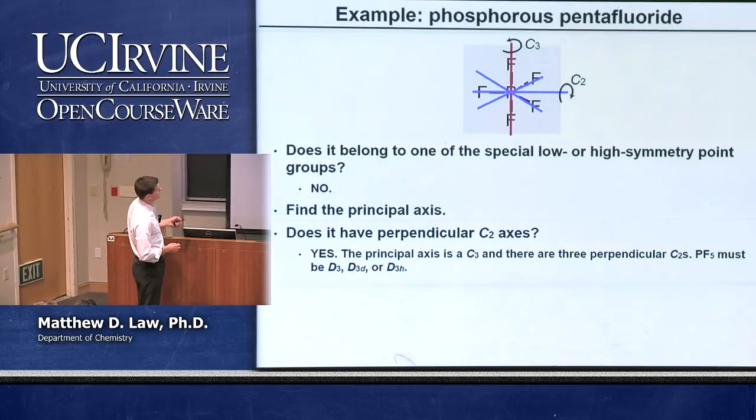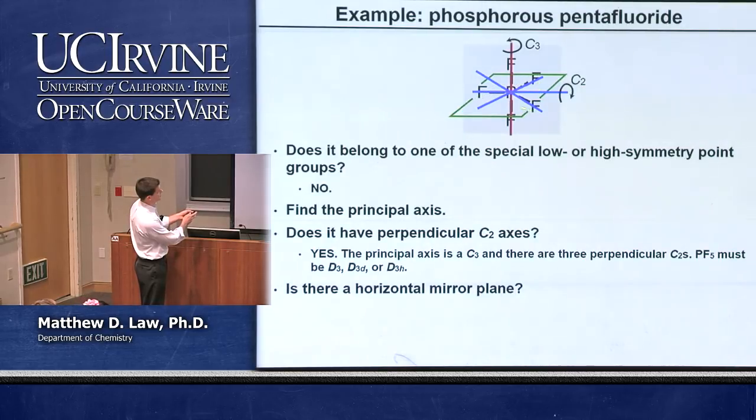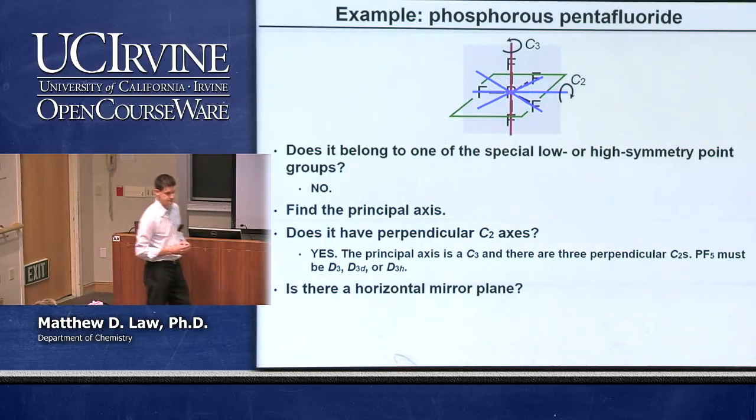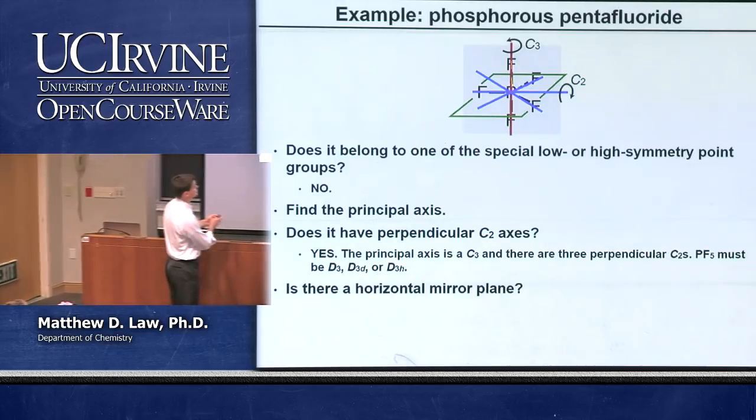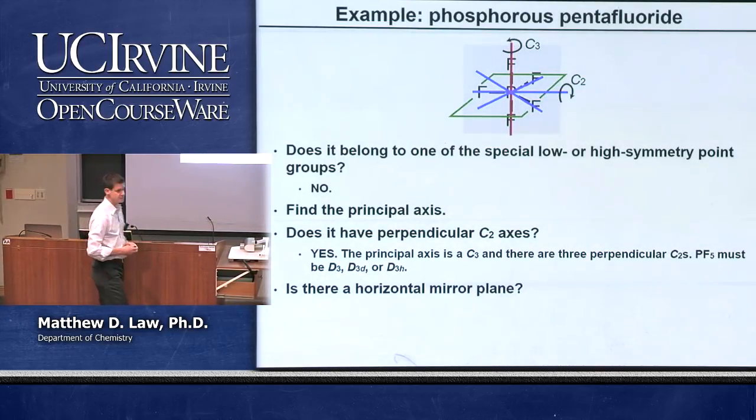Okay? Click, click, click. Yes, there. There's our horizontal mirror plane, right? It's in the phosphorus 3-fluorine plane. It's a mirror plane that just would keep all the four atoms that are in the plane the same and would drive these fluorines into one another.